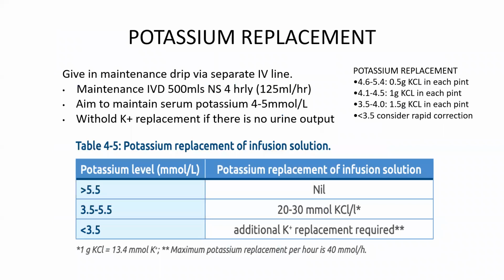So a little bit about potassium replacement, right? When we start bolus, most of the time if we insert 3 large bore granulas, one granula will be for the bolus, one will be for insulin, and the other will be for the maintenance. But always focus on correcting the deficits first before starting maintenance strip. In potassium replacement, you can add it into the maintenance strip of 6 pints over 24 hours. So as I mentioned earlier,